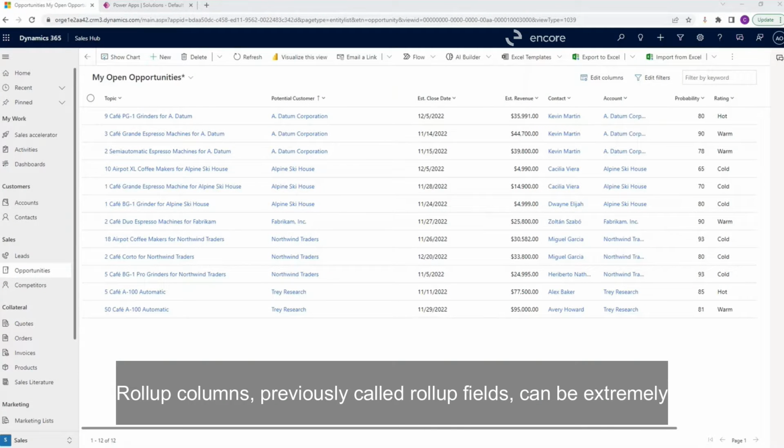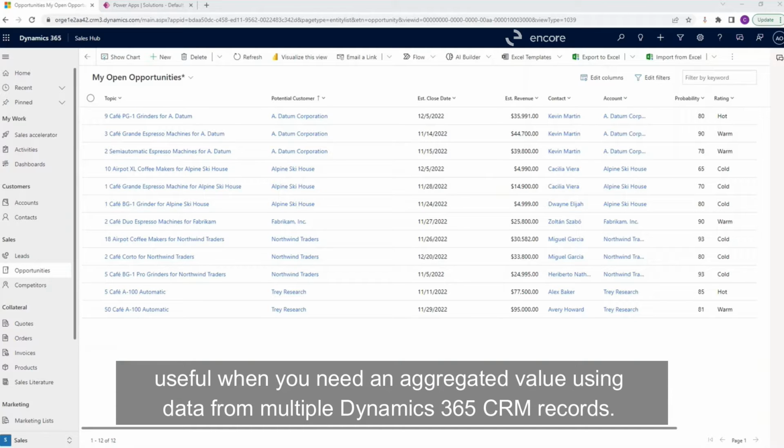Rollup columns, previously called Rollup Fields, can be extremely useful when you need an aggregated value using data from multiple